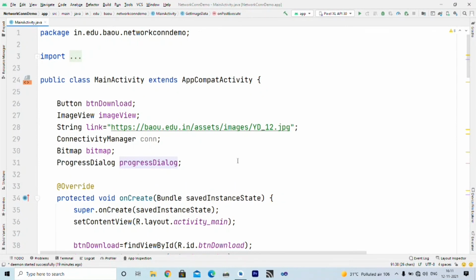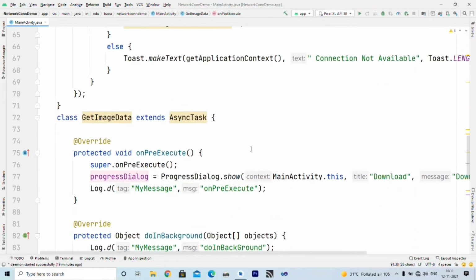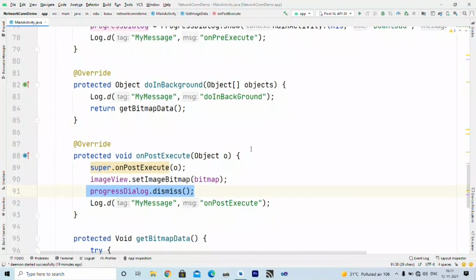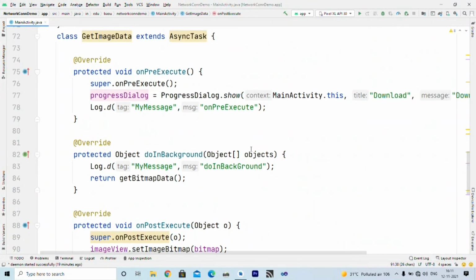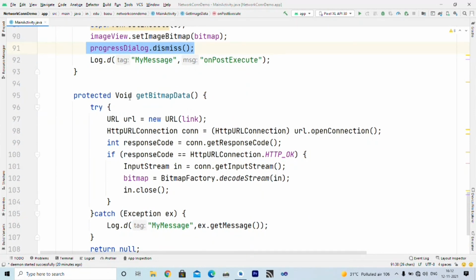I hope you understand how to establish a connection, how to use asynchronous task for downloading, and how it works. First it calls onPreExecute, then doInBackground, and finally onPostExecute. And this is a user defined function which uses the URL object's open connection method to establish a connection and get image data from that URL.